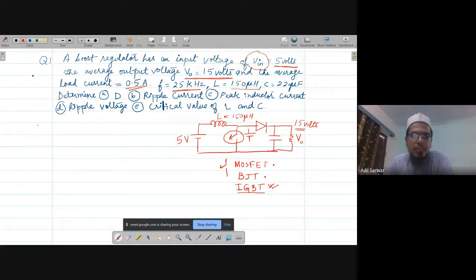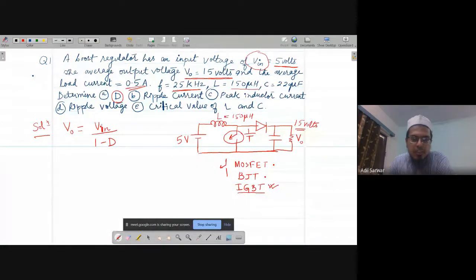The first part of the question is to find out the duty ratio D. Let me try to find it. It is pretty straightforward, and we know the relation between the input voltage and the output voltage. So average output voltage V naught is equal to the input voltage V in divided by 1 minus D. So if I use this relation and put the value of V naught as 15 and V in as 5,